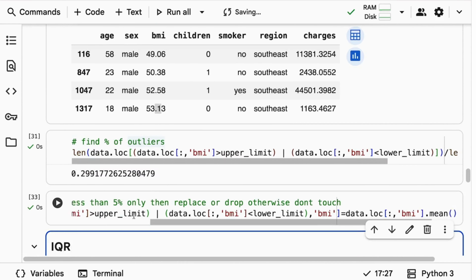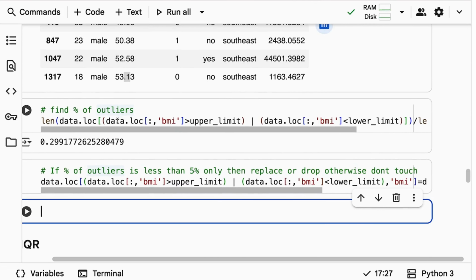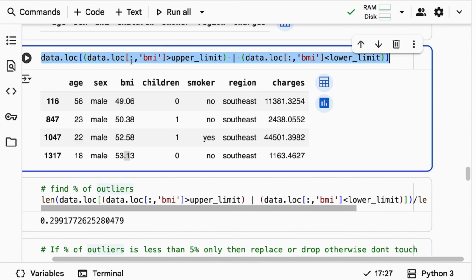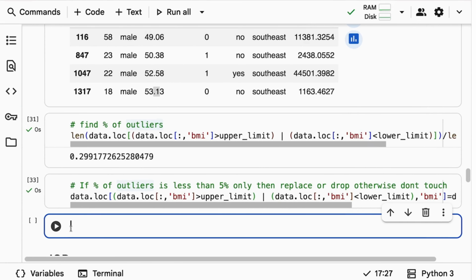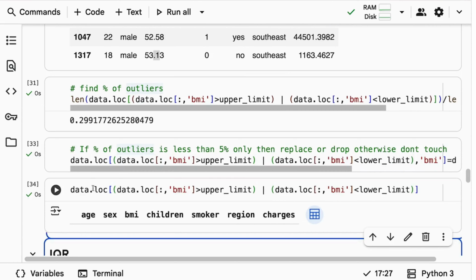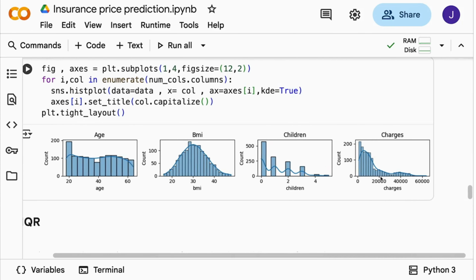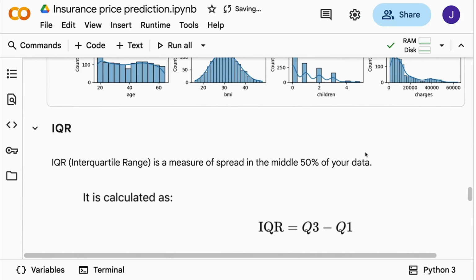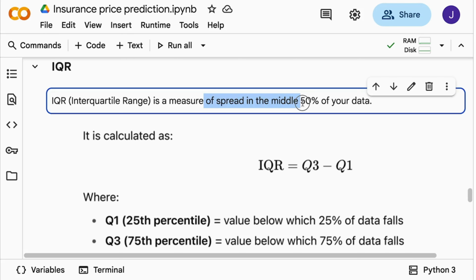Now you can call that code again and check whether there are any outliers in your data or not. You can just copy paste the above code and run it. You don't see any outliers. Okay, this is all about our 3 sigma rule. Now it's time to explore how to find outliers in charges. Since the charges distribution is right skewed, let's go with the IQR.